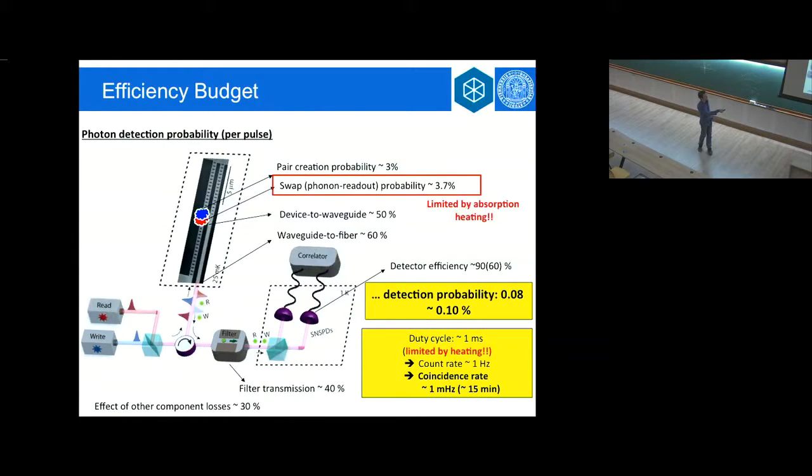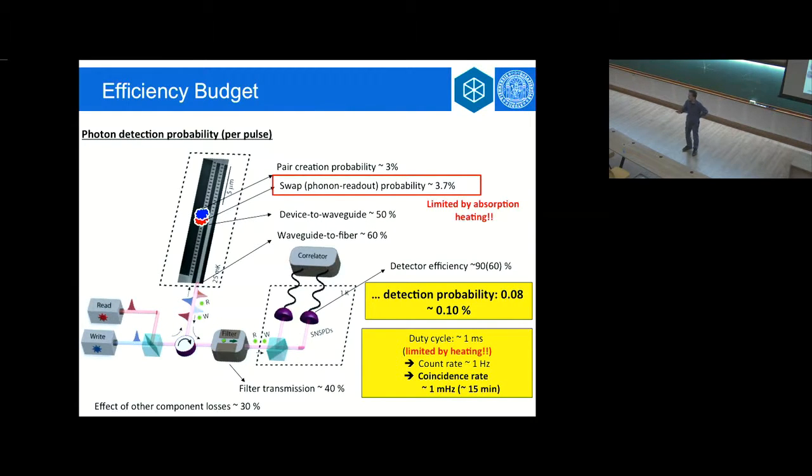with this repetition rate, the count rate would be like this: a pulse is sent in, and most of the time no photon comes out, but then after a second or so a photon comes out. And one could do all of this much faster if the duty cycle could be faster, and the duty cycle is limited by this